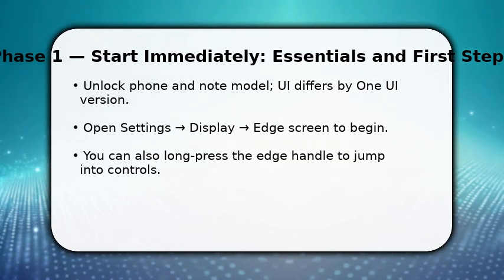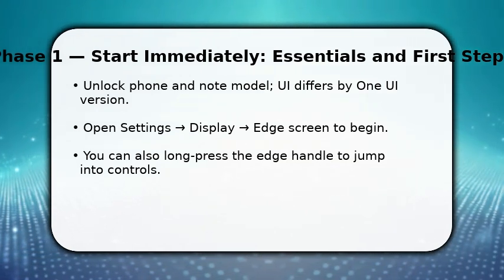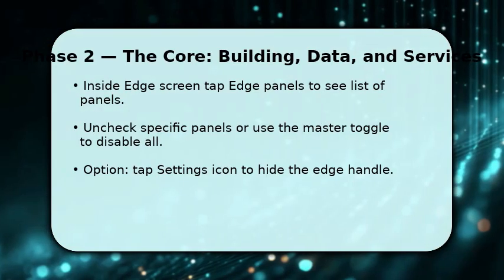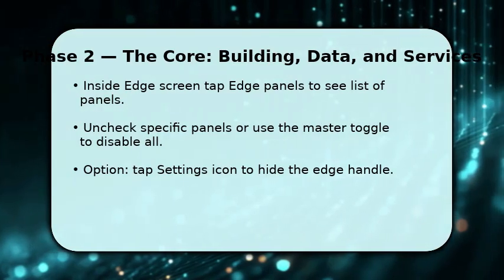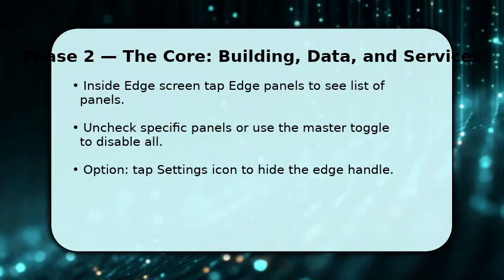Now focus on the panel list. Tap Edge panels and review each entry. You can uncheck individual panels to keep specific tools, or flip the Master Edge panels toggle off to remove every